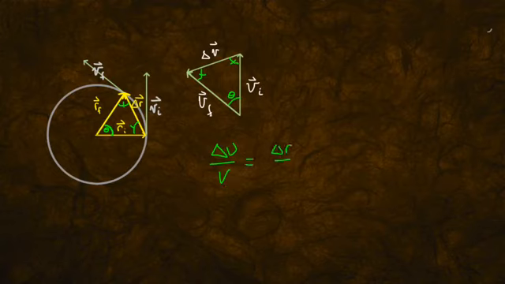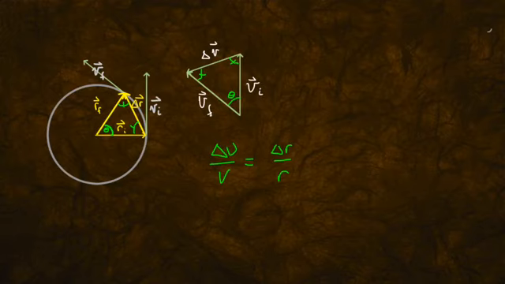Or delta V over V is going to equal delta R over R. Okay, so we get this delta V over V equals delta R over R, right? That makes sense? Okay. Well, from here,